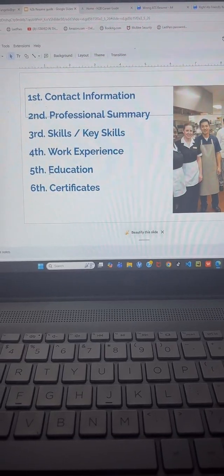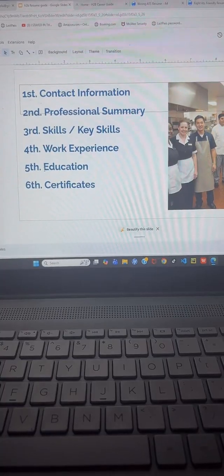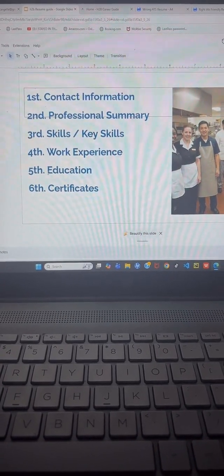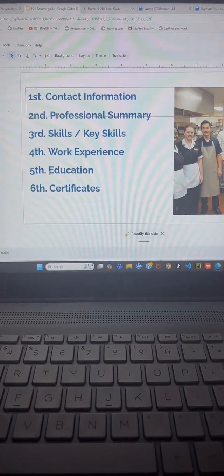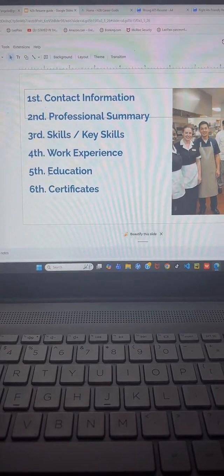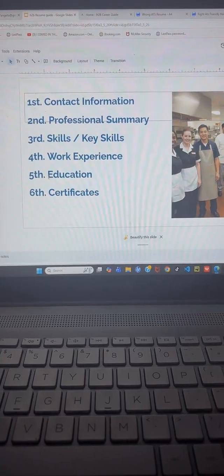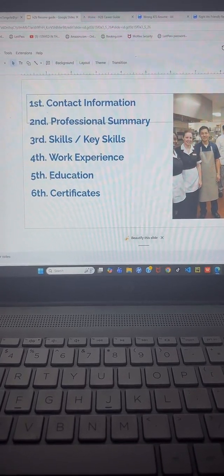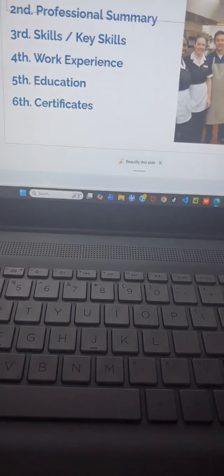Now what I'm focusing on now is resume, because these resumes are not looking good, and that's the reason why you guys are not receiving any response from the employers. So your resume must be important, must be good, I should say.